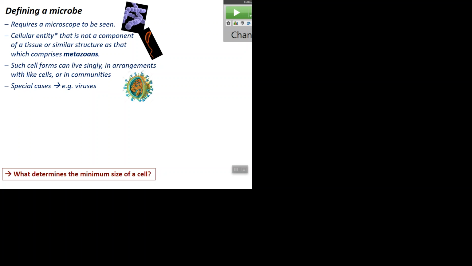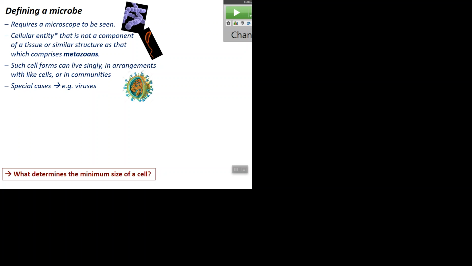The same is true for defining a microbe. The most basic thing, how do you define it? Well, you need a microscope to see it, right? Super tiny, you can't see it with the naked eye. That's pretty much one of the basic criteria, but lots of things could fit into that. For our purposes, a microbe is something you can throw out in the environment. It can survive on its own. It can replicate, use nutrients and produce energy.